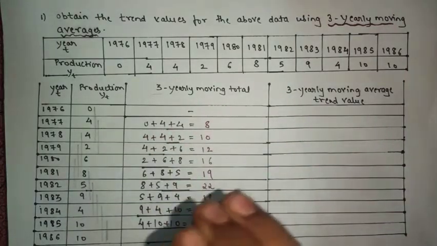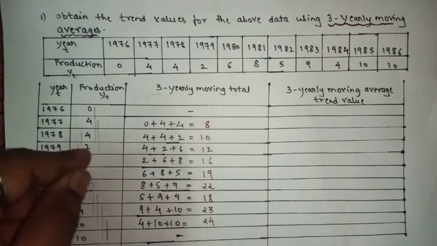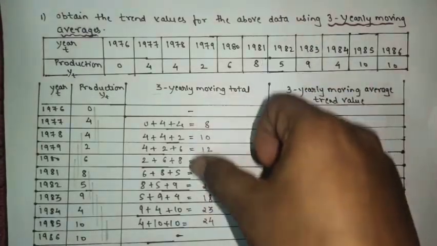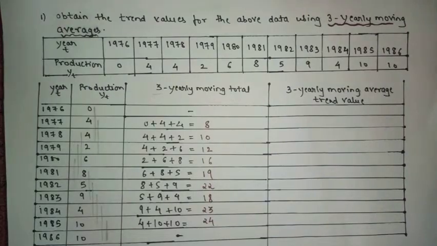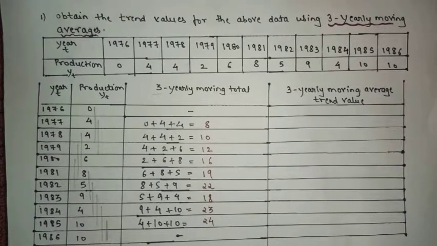0 plus 4 plus 4. Just for explanation, I added that part, 0 plus 4 plus 4. So in the examination, you can directly write this answer, and then write 8. If you present the sum in this way also, then no problem, no issue. You will still get full marks. Okay, now we'll move on to the last column.